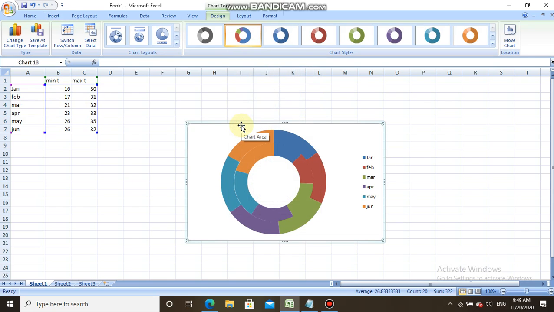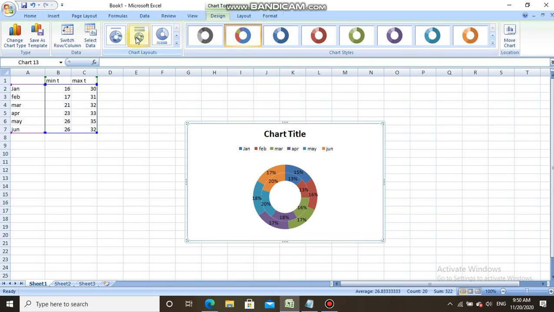You can see that it is in the form of a ring. It is similar to a pie chart, and it also contains the percentage of all the data values. But it displays multiple data series. You can see here the maximum temperature and the minimum temperature.